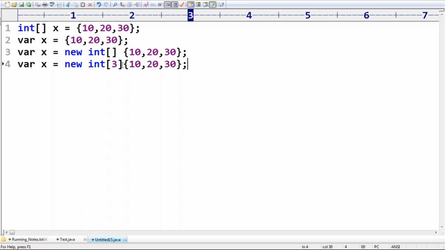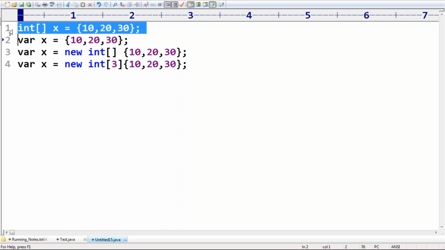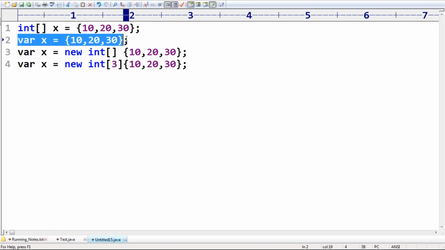Yes. This one is valid. But make sure this one is invalid. What is the reason? Here we have 10, 20, 30 within curly braces. Local variable type inference can't be applied here, because the compiler can't guess the type automatically by seeing this.